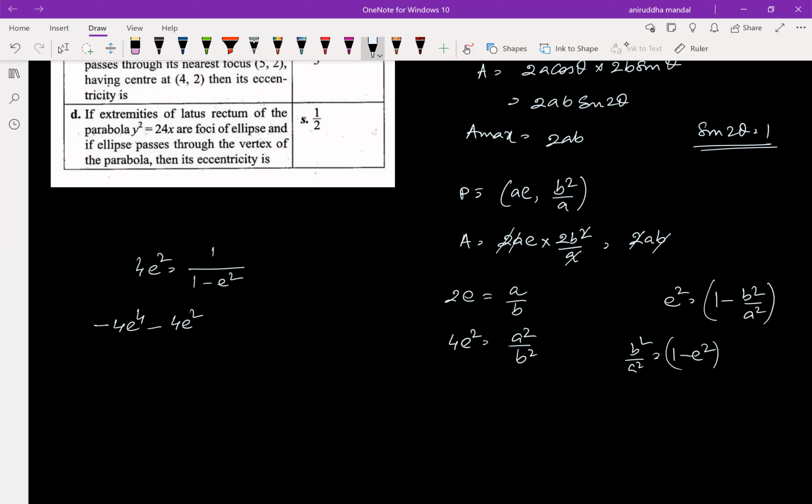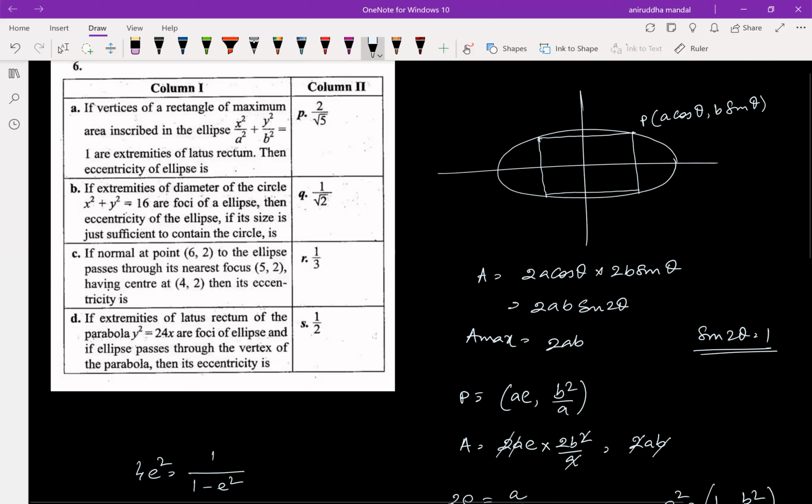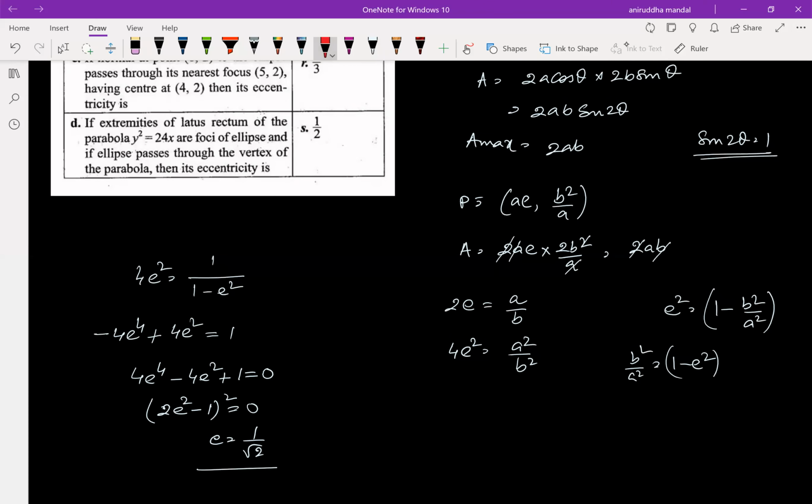This is plus, just a minute, and this is 1. So we can write this as 4e to the power 4 minus 4e square plus 1 equal to 0. So this is nothing but 2e square minus 1 whole square. So e is 1 by root 2. So the first option, this A is Q. Okay, so let me write this, A is Q. Next is